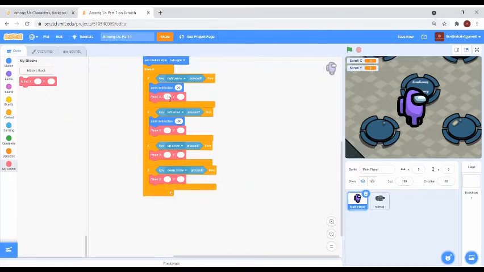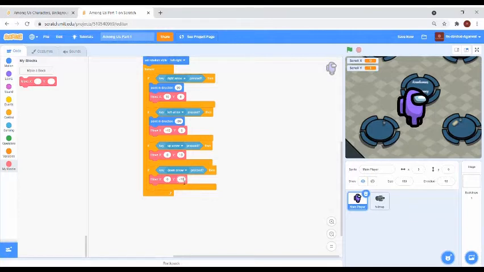In our right arrow we will put move x 10 and y 0. Opposite for the left, minus 10, 0. And for up arrow we are going to put x 0, y 10, and down arrow would be x 0, y minus 10.